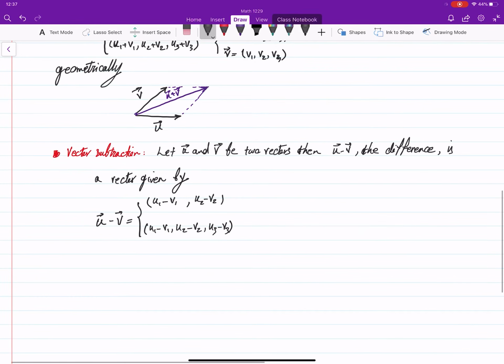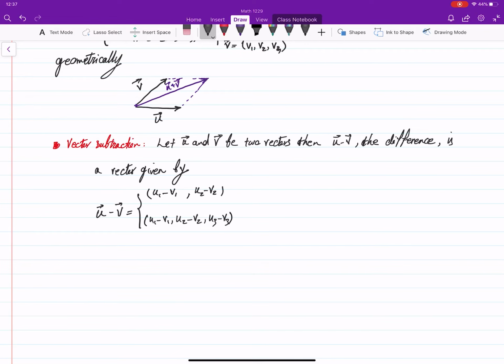In all the above cases, note there is one important thing you have to keep in mind. Doesn't matter how many components you have, the above basic vector operations are done